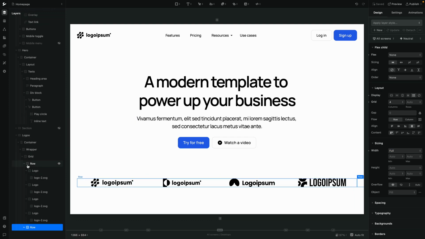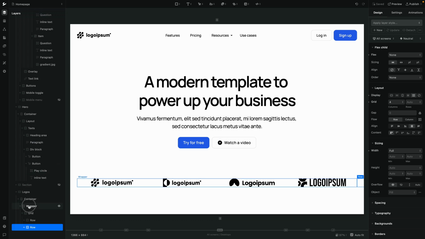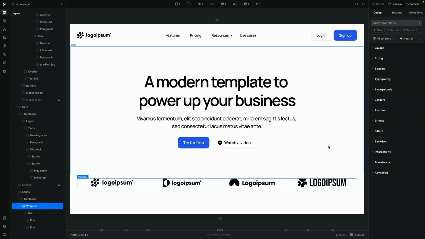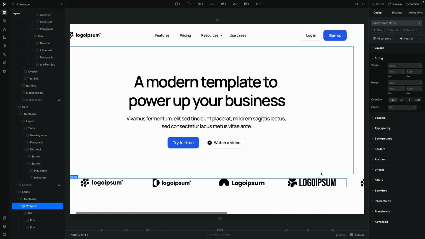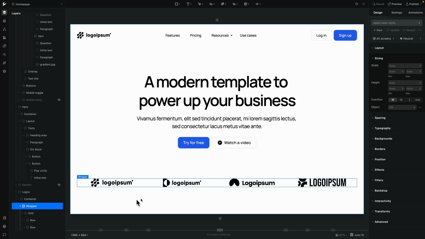So let's hide these here, use our wrapper, go to sizing, and use overflow, which will cut off this part here that's overflowing beyond the wrapper itself. Here we have overflow is hidden, and now we can't scroll to the right anymore. All right, and now the last thing we need to do is go to grid,